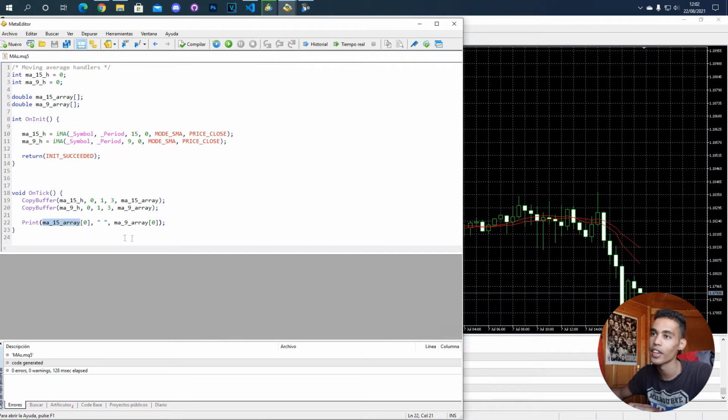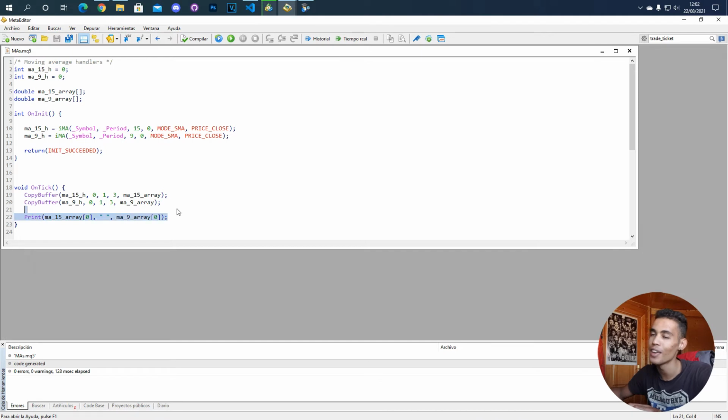So if we go back here, we can remove this print value, and now it comes down to our imagination on how we solve problems. The problem that we want to solve is that whenever they cross, we want to open a buy or a sell position. So how do we do that? We already have the values copied, and what we can do is this: these are going to be the conditions for a buy. If the previous value of the 9 moving average is below the 15 moving average, here we say that it's below,